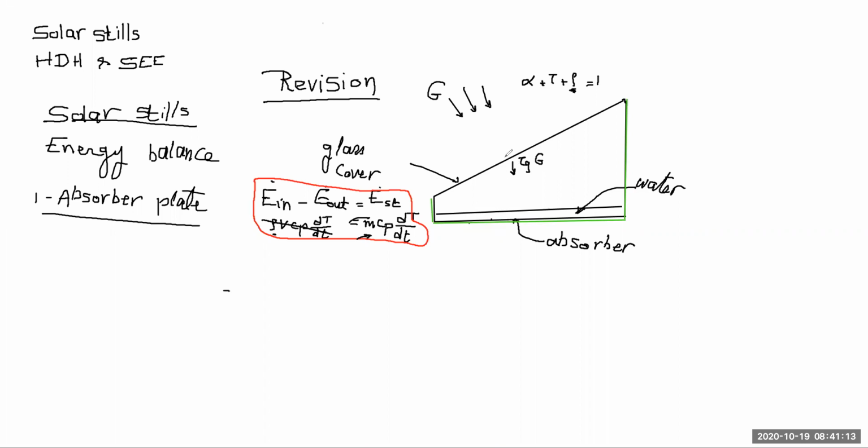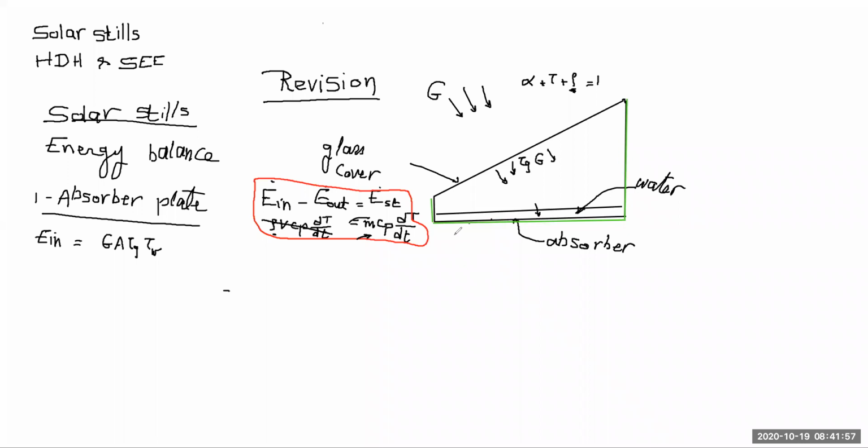Now, we said that there is an amount of energy passing through the glass and falling down. This is tau, the transmissivity of the glass, into the radiation falling. This energy, in order to reach the absorber plate, has to pass through the water as well. So the water itself is going to have its own transmissivity. Accordingly, when I'm looking at the energy in,